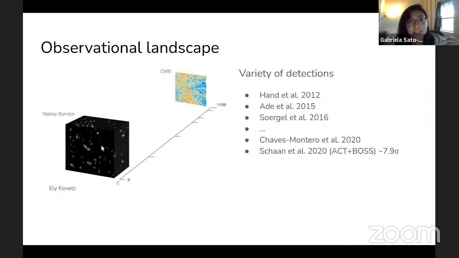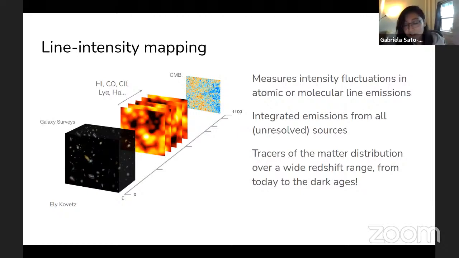But in terms of this little diagram of the evolution of the universe that we have, the regions that we can directly probe look more like this, right? We can probe directly with galaxy surveys only up to a certain redshift, and these measurements become very, very challenging as we try to push to higher and higher redshifts. The brightness of galaxies will decrease, and these number counts will become smaller and smaller, even if we consider next generation galaxy surveys. And so a technique that has gained a lot of traction as a way to probe this kind of intermediate redshift range is line intensity mapping.